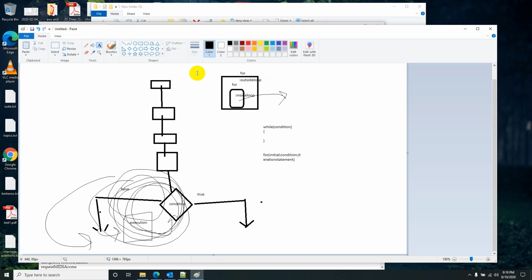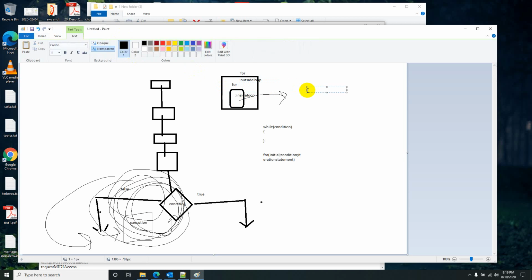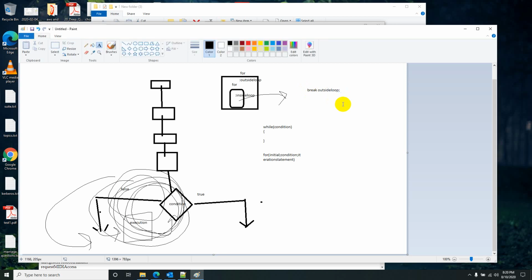So when I want to break the outside one from the inside loop, I can type break outside loop. So this will stop the outside loop itself from inside the for. So that is the use of these labels with the break statements.